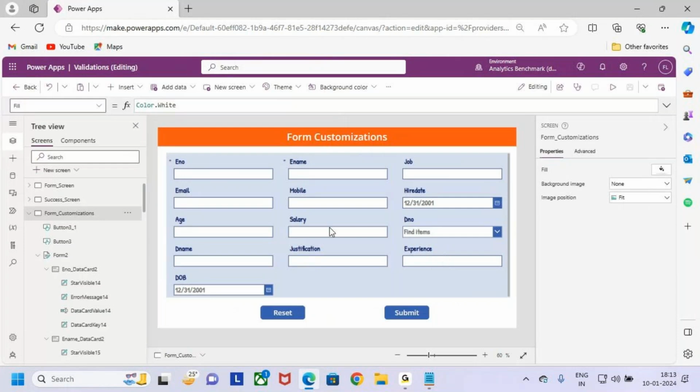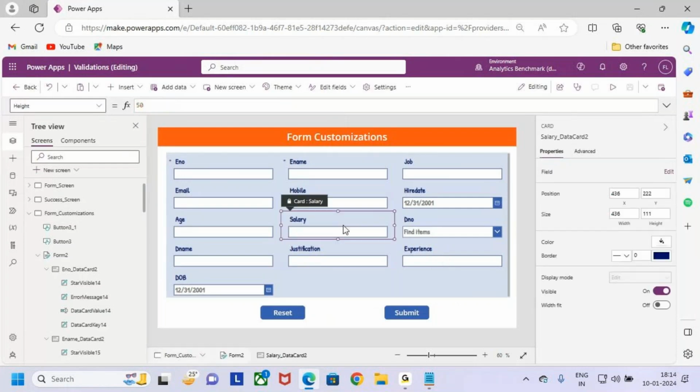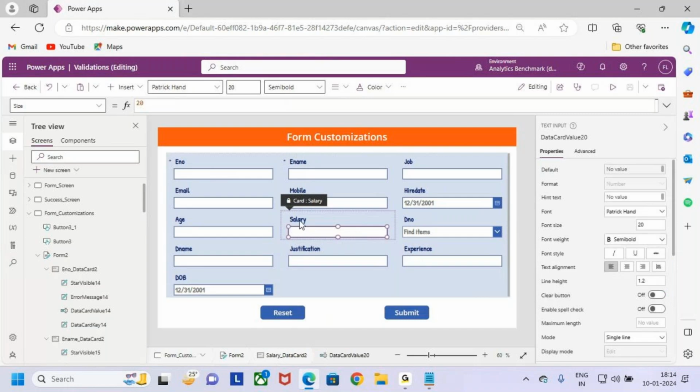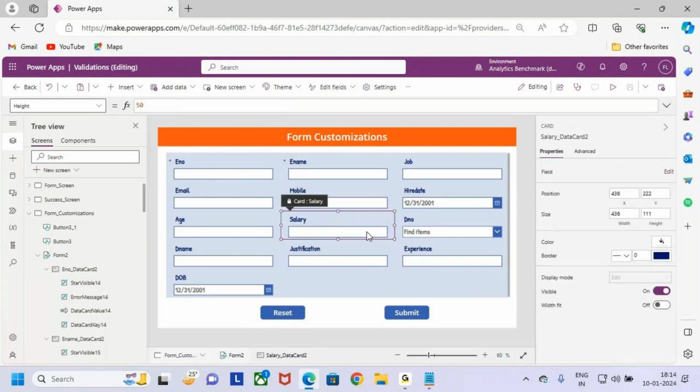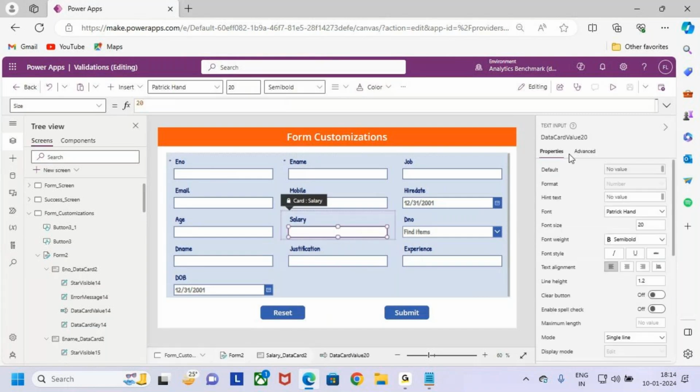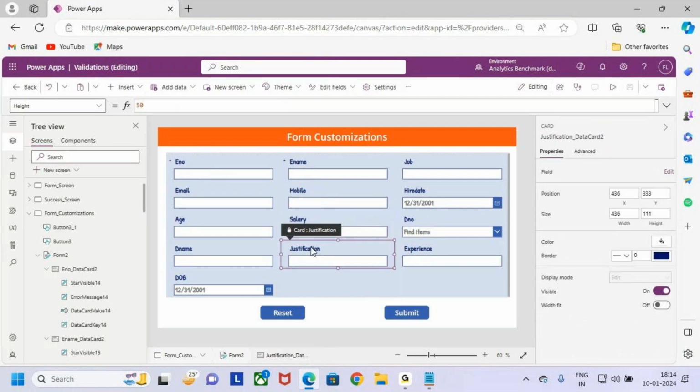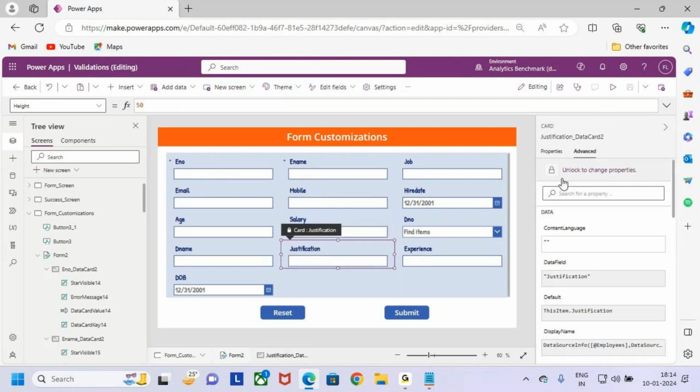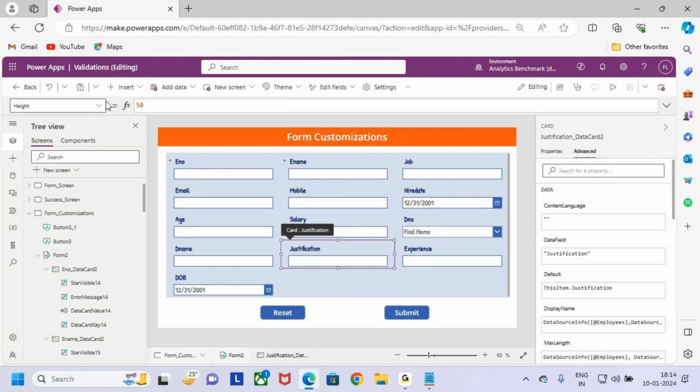So how to make this field required based on the salary column. Go to the salary data card, select the data card value control, and copy the name of this. Then go to the justification field. First, unlock the data card. By default the data card is unlocked. Go and unlock the data card, and then